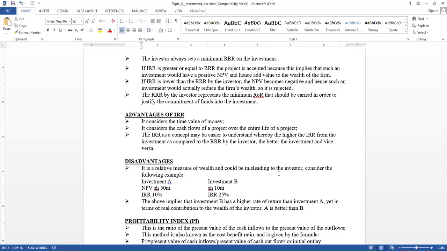But if you base your decision on the internal rate of return, you would end up going for investment B, yet investment B does not in any way